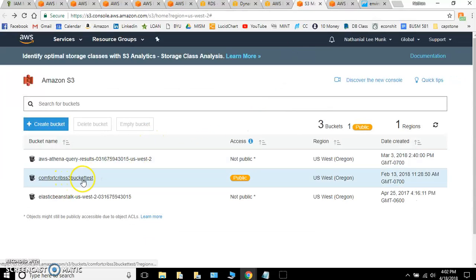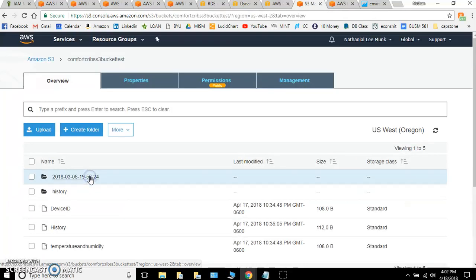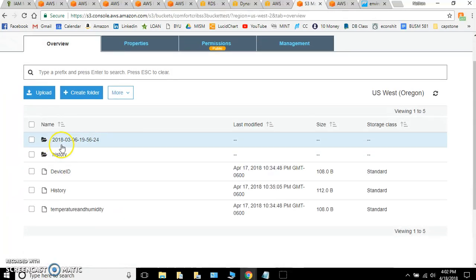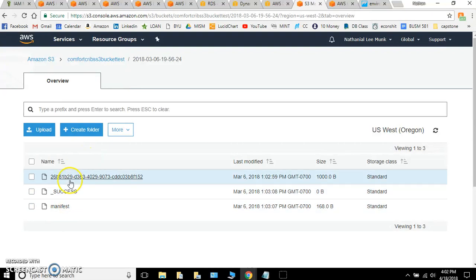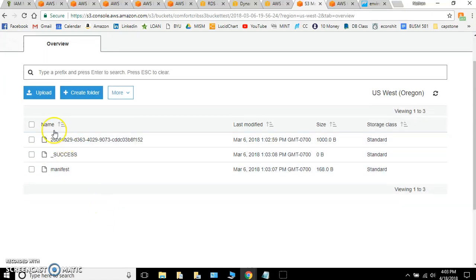So we set up ComfortCribs bucket test here. And when the pipeline sent the data into the S3, we'd get this file here, which was separated by the date and time that we sent it. And if you go into there, you've got these different files. But if you try to open up this one here,